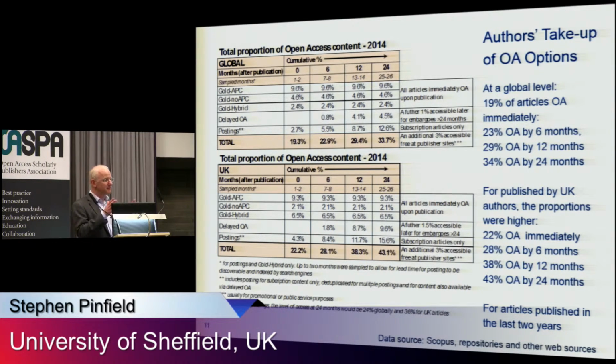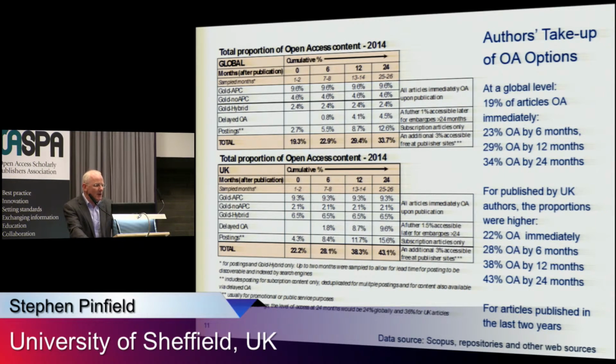Now, some studies before us have, we believe, overestimated the availability of open access material because they've taken all of the gold, they've calculated how much green there is, and just simply added those two figures together. Whereas actually, evidence suggests there is enormous overlap between those. Gold articles are often also deposited, and so therefore you have to deduplicate in your calculations. This is very difficult to do. And so inevitably, it's an estimate.